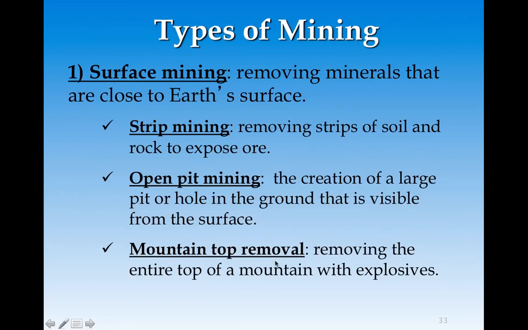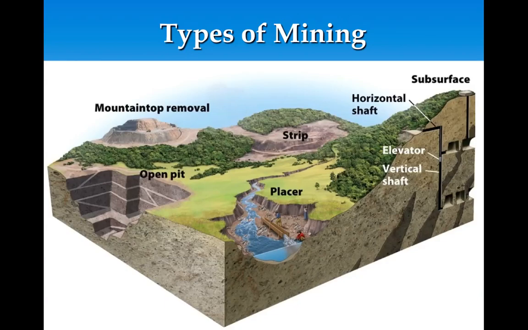And then you have mountaintop removal, which is pretty much what it sounds like. You remove the top of an entire mountain, and you can do this with explosives. You may have seen mountains that look stunted at the top, and most likely it was because of mountaintop removal mining. It's an easy way to get under the mountain without having to do much work if you can just basically explode the top of it off, but you can imagine the devastation that it causes below.